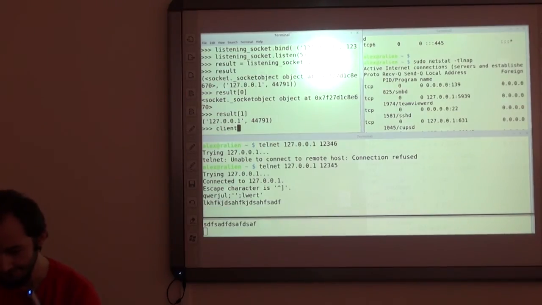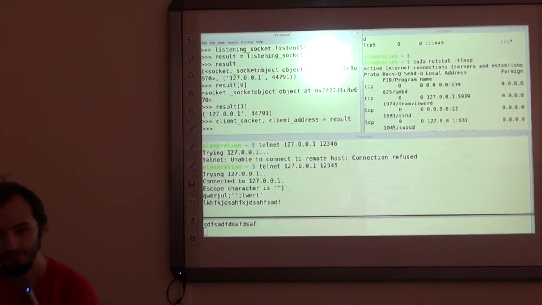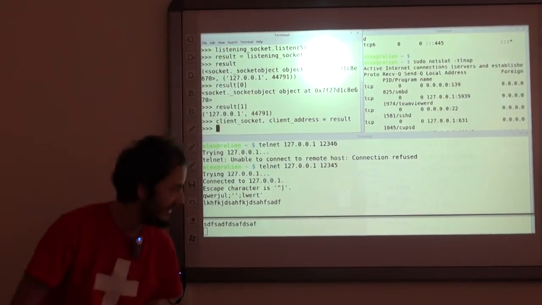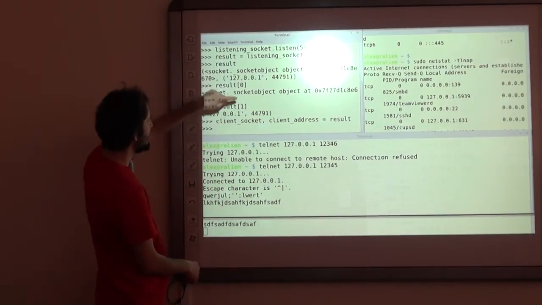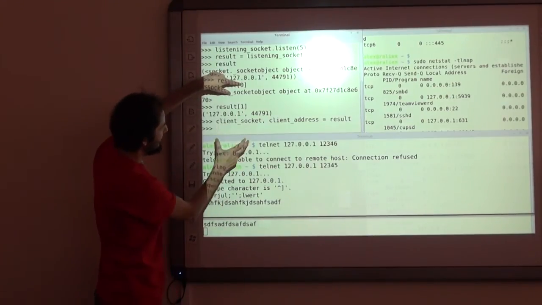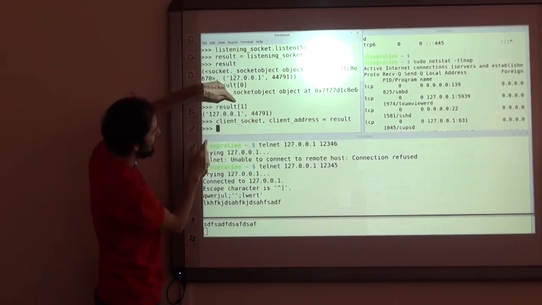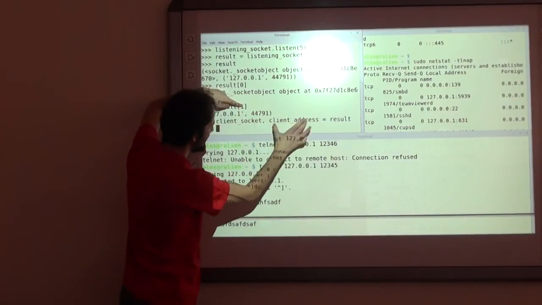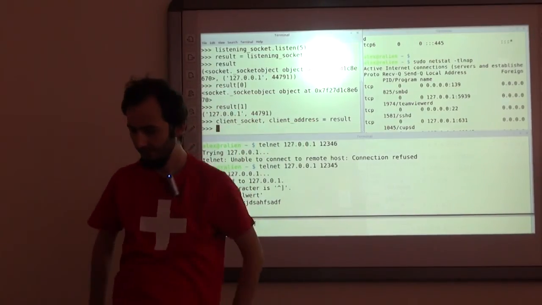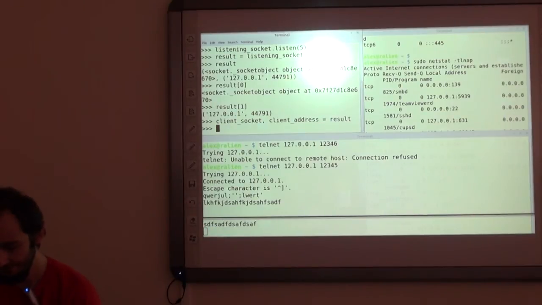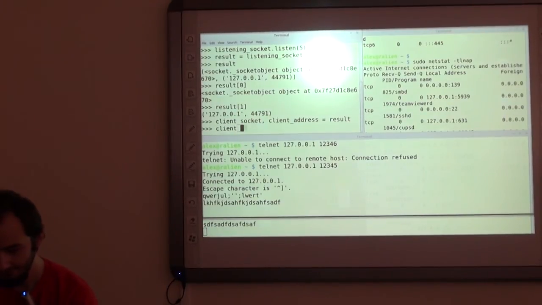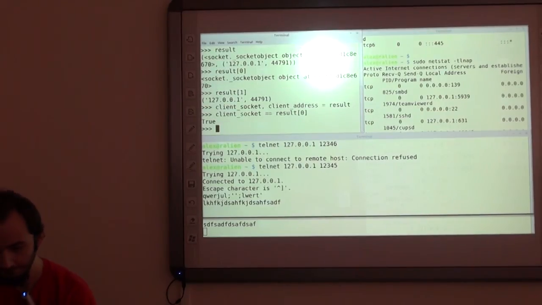So I will do this: client_socket, client_address = result. So now, result[0] is mapped to this variable, and result[1] is mapped to this one. So in other words, client_socket == result[0].